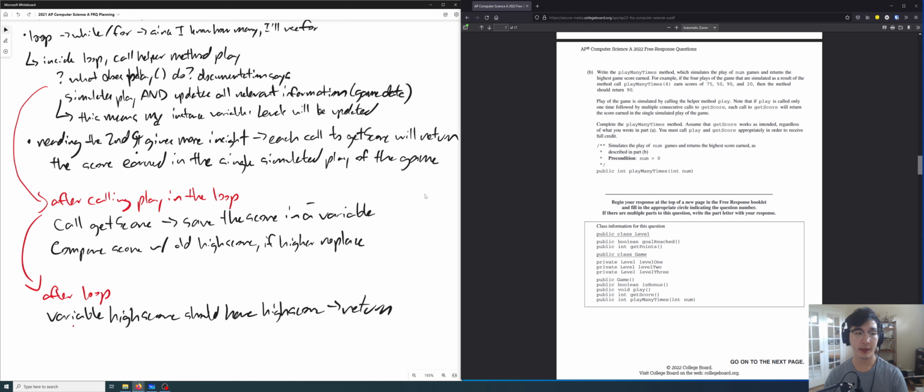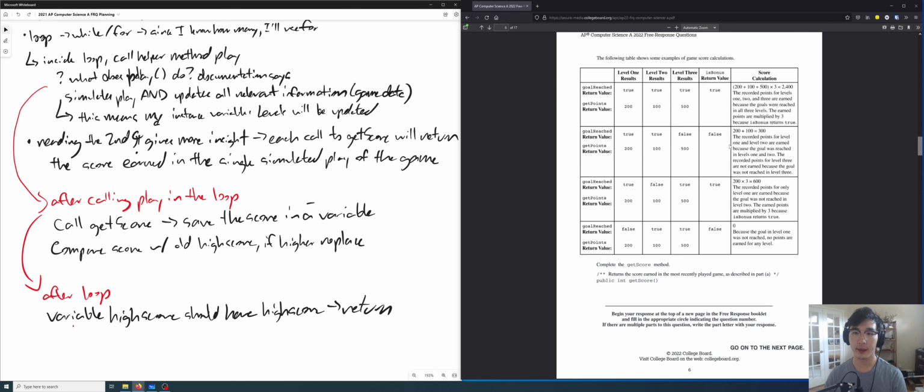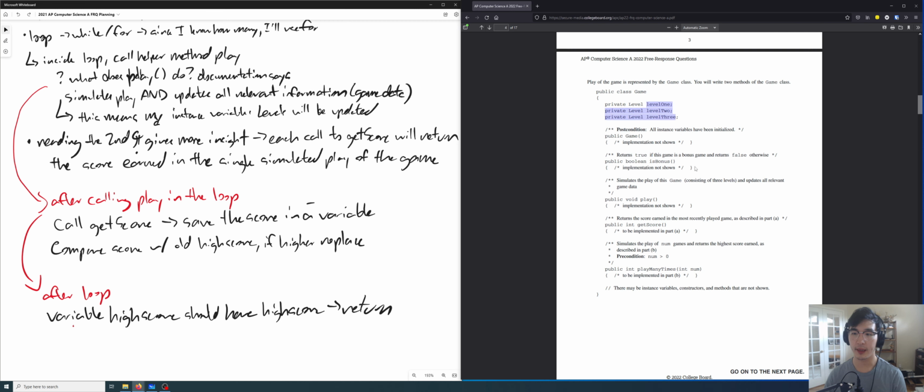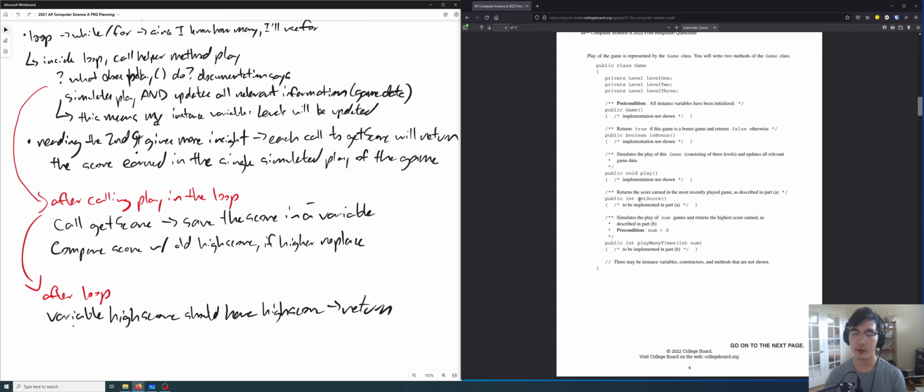And after I've updated the levels, I will call get score, the one that I wrote previously. Get score takes in nothing and it returns an int. So that's going to be the score of the 3 levels. I'll save that score in a variable, and then I compare that score with an old high score, and if higher, replace.